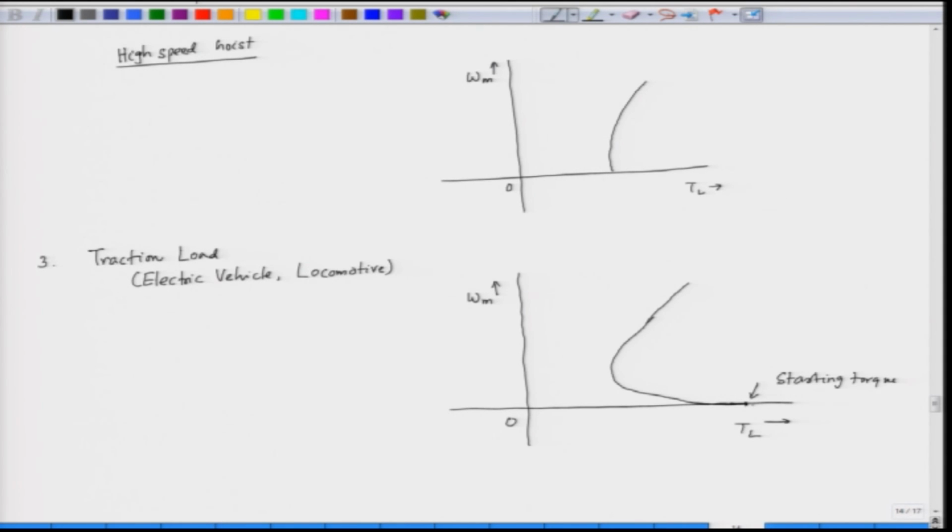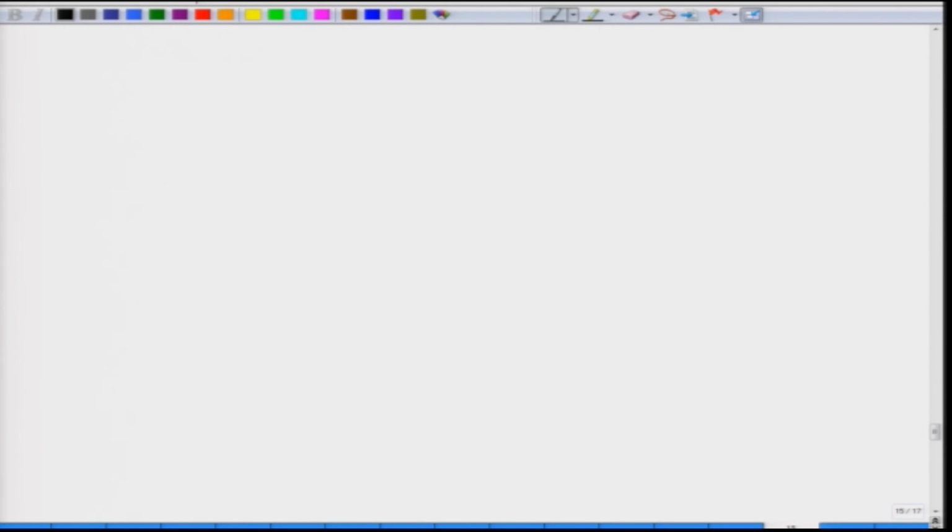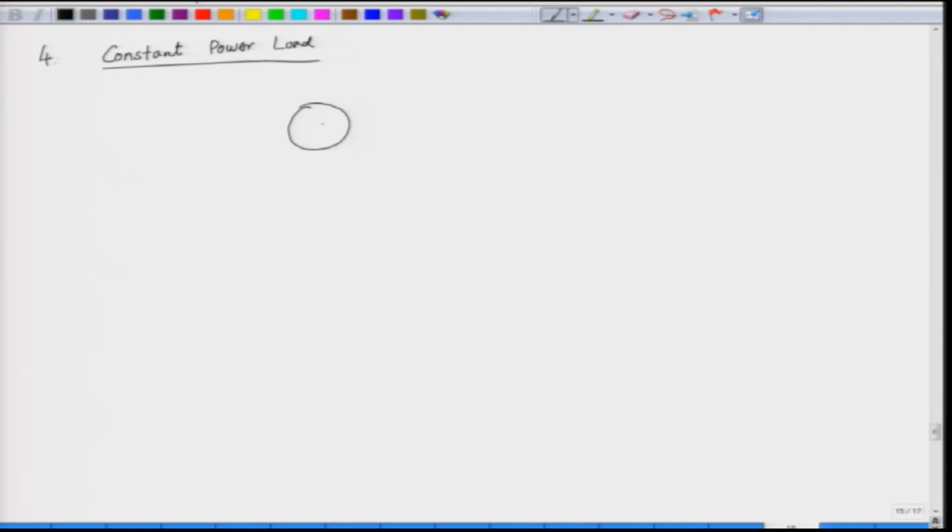We also have other types of load. Say for example, we have a constant power load. What is an example of a constant power load? Say for example, we have a coiler drive on which a cloth has to be coiled. As the cloth is being coiled, the diameter of the roll is increasing. So, we have a coiler here and the material which is being coiled up